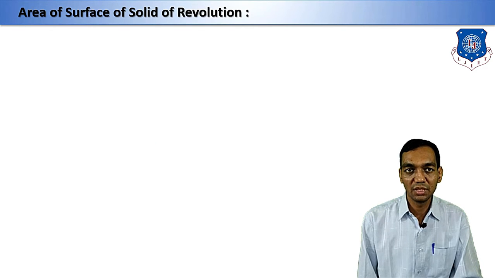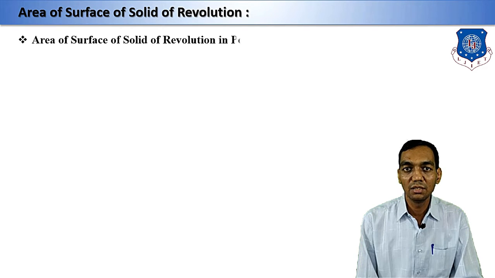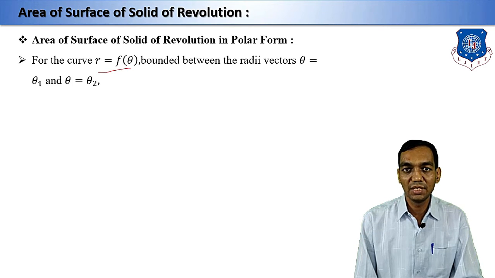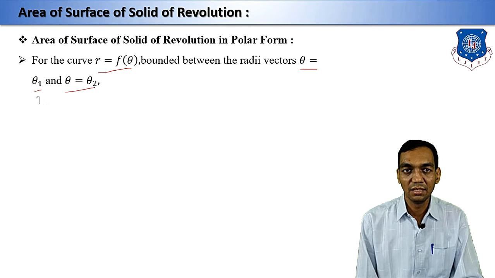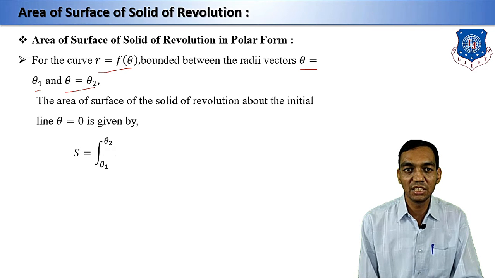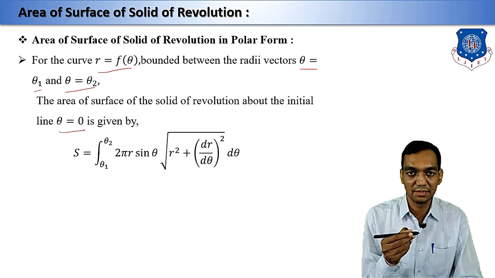Now, we are going with the area of a surface of a solid of revolution in polar form. Now we are going to learn how to find the area of a polar curve. See, suppose r is equal to f theta is any polar curve, and your radius vector is moving from theta is equal to theta 1 to theta is equal to theta 2. Then the area of the surface of a solid of revolution about the initial line theta is equal to 0, that means the x-axis,